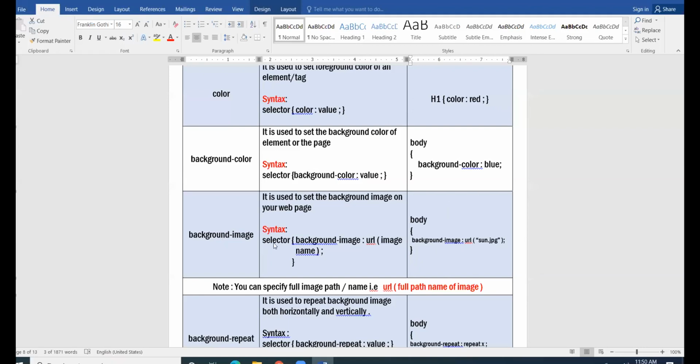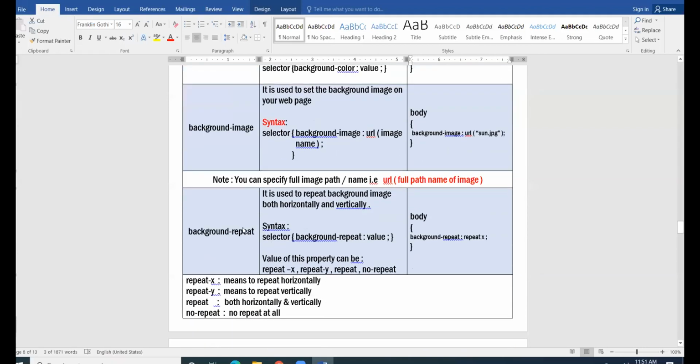Now next is background repeat. What does this property mean? You have inserted one image in the background and you want your image to be repeated either horizontally or vertically. At that time you can give this property, background-repeat.